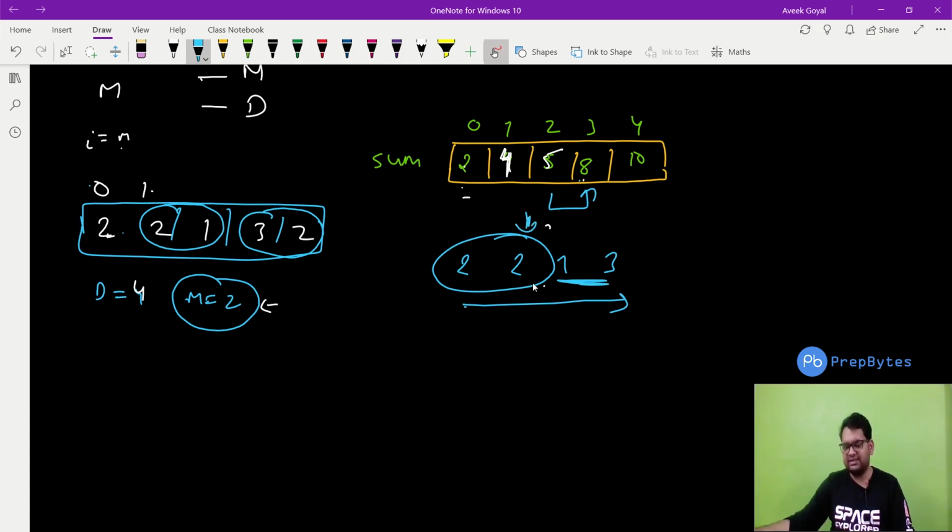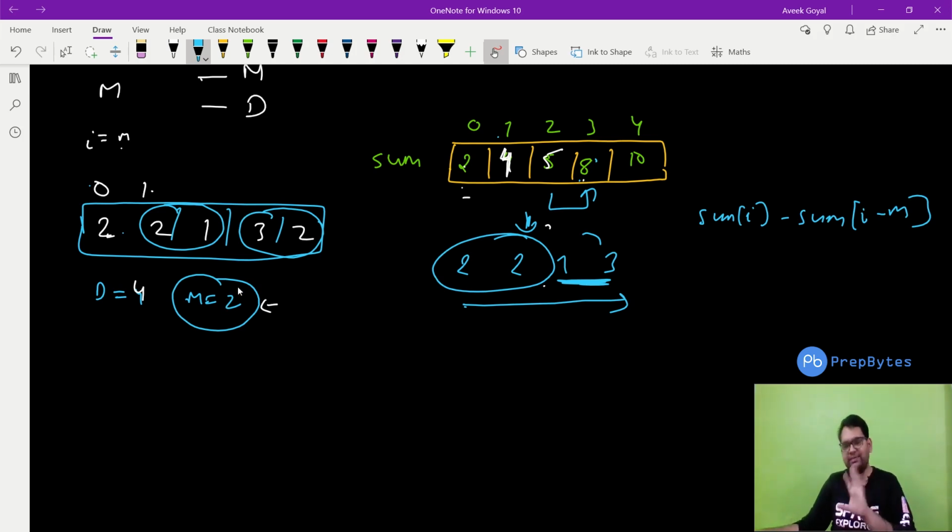is present till this index, gives me the sum of 1 and 3. Correct? So 8 minus 4. So how can we do this? It is nothing but the index that we are currently at. Fine. So the sum at our current index minus the sum when we subtract m from it. So 3 minus 1 is 2. So when we subtract this, we get our answer pretty directly. 8 minus 4, we get a 4. And if we see that it is matching our D, we increment the count variable.